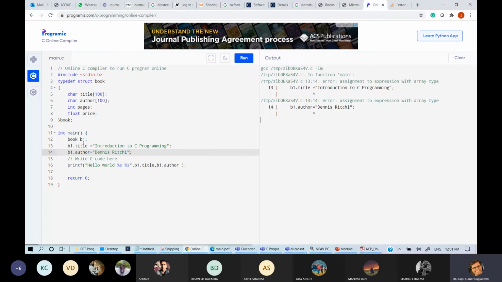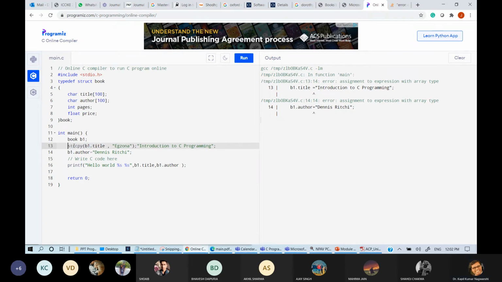So this function is required actually for this purpose. String copy b1 dot title. कहाँ copy करना है? So here we need to copy.